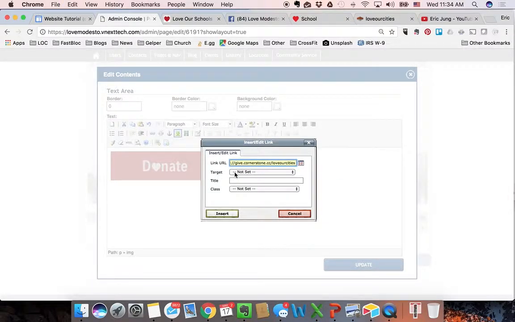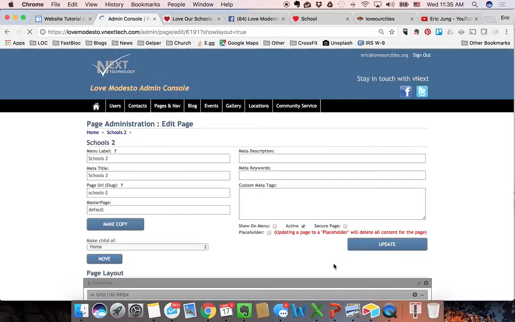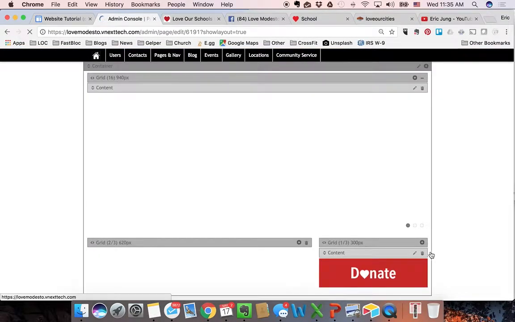Now target, this is important. So when someone clicks on the donate button, I want that link to open up in a new window. I don't want them to go away from our site. I want a new window to open up at the top of their internet browser. So I'm going to click open a new window. I'm going to click insert, click update,